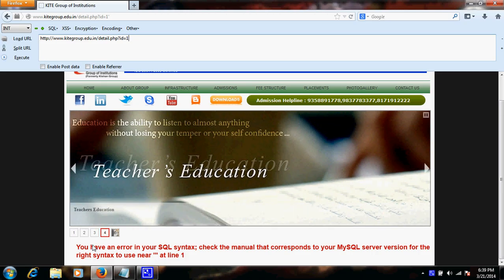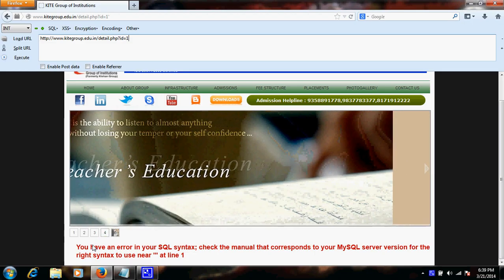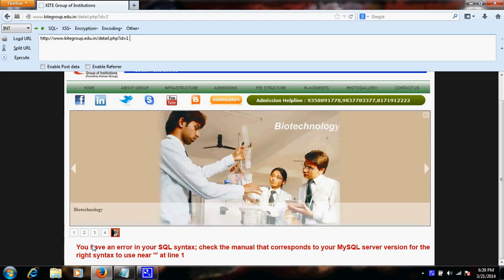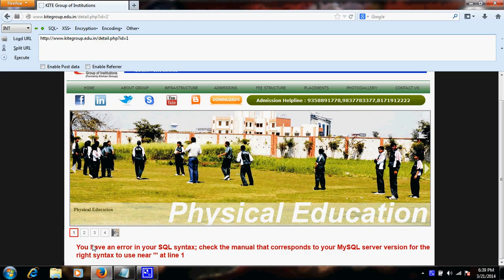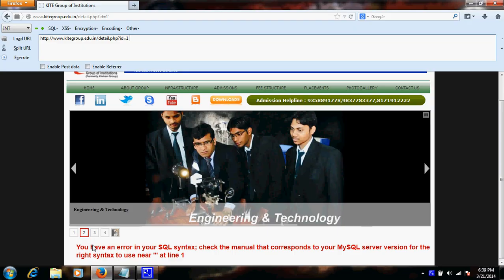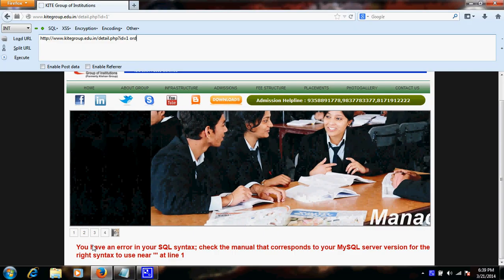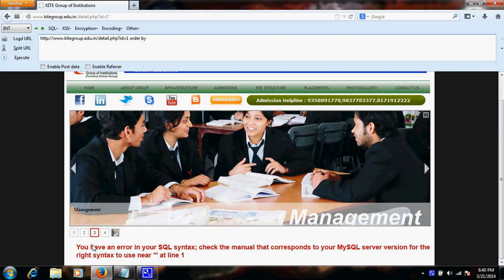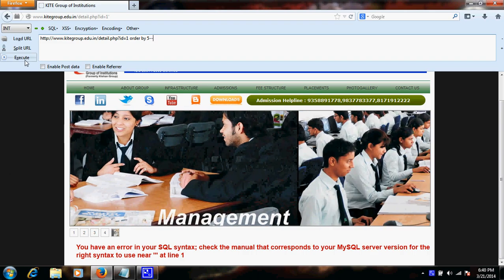I'll simply remove this single quote and move to the next step, to check the maximum number of columns available in this particular website. For that I will use the simple command order by, guessing some number of columns until it replies with an error somewhere on the page. Now I'm simply giving order by 5 dash dash, and if I click on execute,